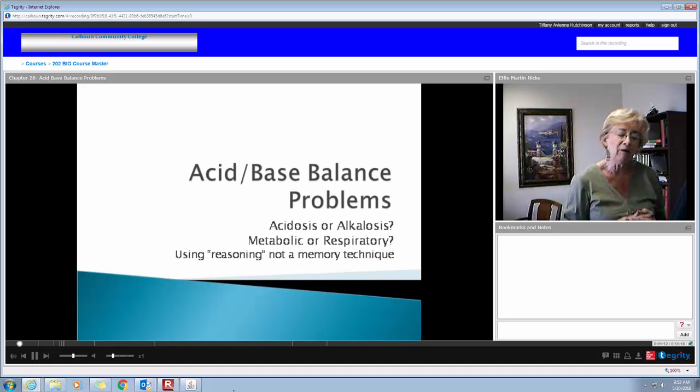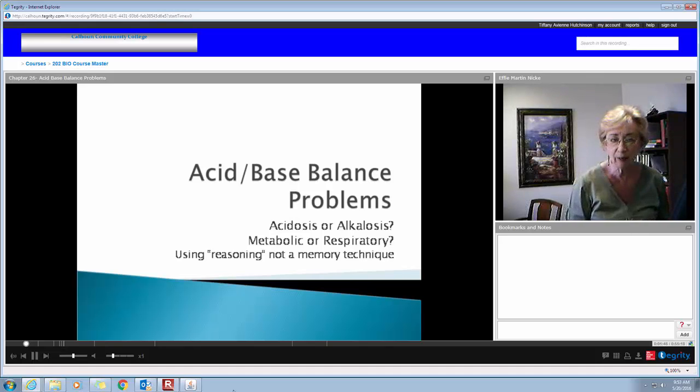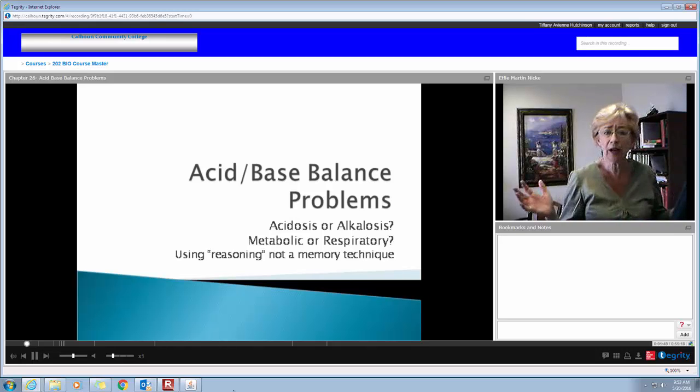And I've heard a lot of different memory techniques, mnemonic devices and the like, but I'm a believer in why not understand it? If you understand what acid-base balance problems are and what it really means, and follow a very easy 4-step method, and science is a methodical thing. We have step-by-step ways of doing things, and I'm telling you, if you will understand what I'm getting ready to teach you today and follow the step-by-step method I'm going to teach you, it's fail-safe. You will get it right every time. You want to do that, don't you?